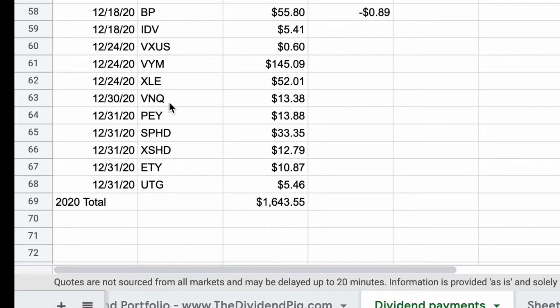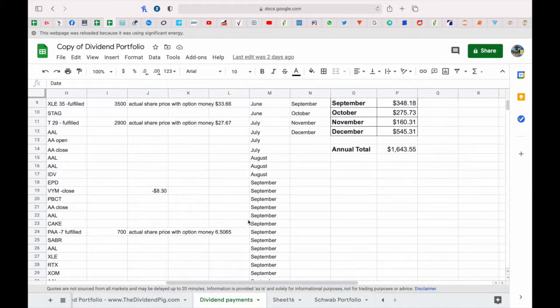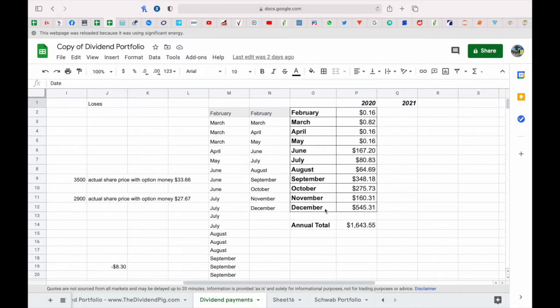On December 30th, VNQ paid $13.38. 31st, PEY $13.88 as well. SPHD $33.35. XSHD $12.79. ETY $10.87 and UTG $5.46. When you add all that up, you come up here to my little chart, and you can see the December